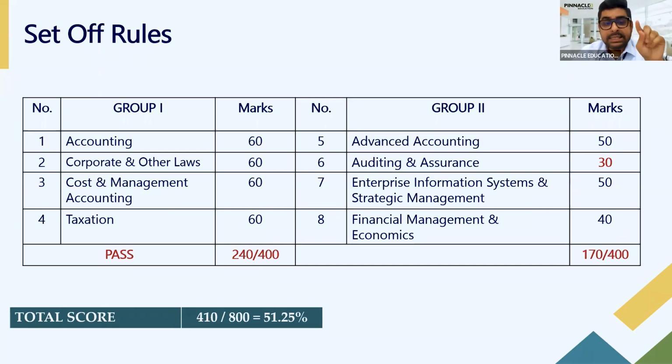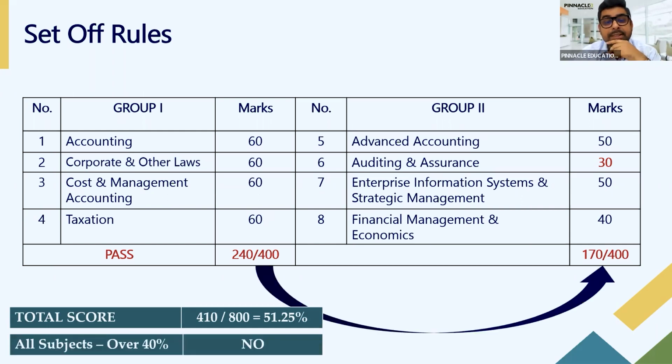While you've scored 60, 60, 60, 60 in group one, and that's passed, in group two you have scored 30 marks in audit. So though you have passed in aggregate with 51.25%, though you're more than 50% in aggregate, since you didn't meet the first condition, you will have to give the entire group two again. Group one you don't need to give again because you've scored 60 in all of it. Because of that one paper in audit that you scored below 40, you will have to give the entire group two again. Is that okay? That's the way the institute's rules for passing protocols work.